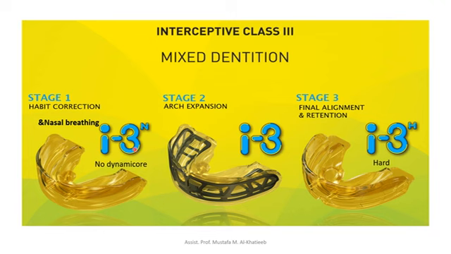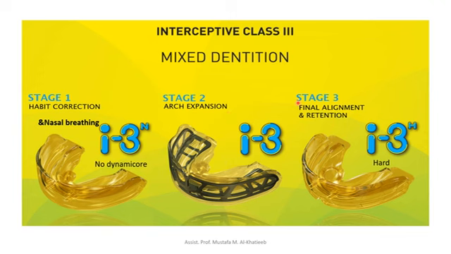Interceptive 3N means it has no dynamic core. It provides habit correction and provides nasal breathing. While interceptive 3 has a property of arch expansion because it has a dynamic core, frontal gauge, and also